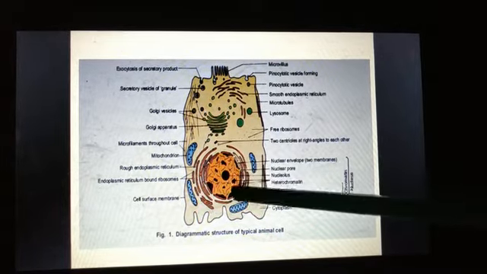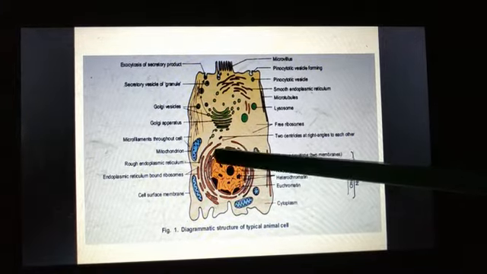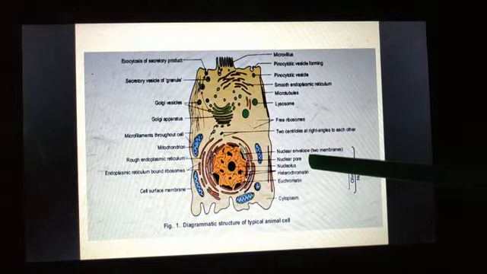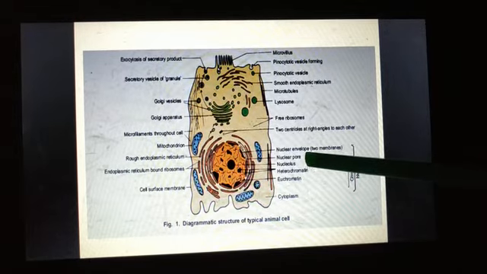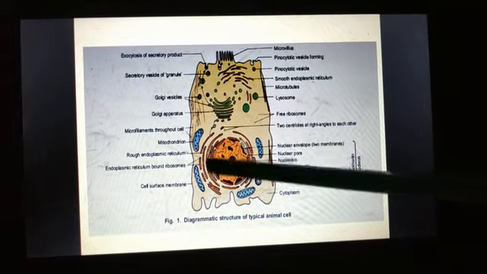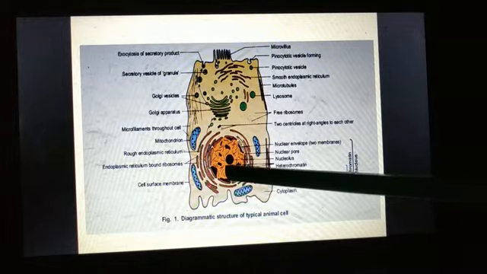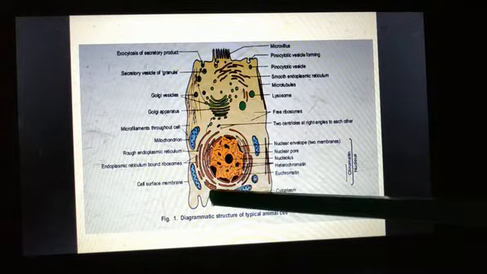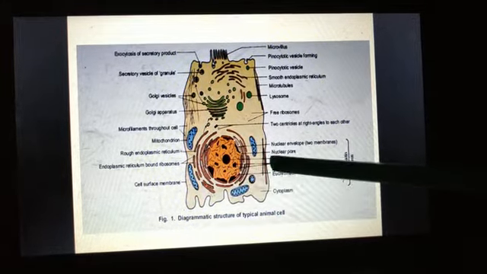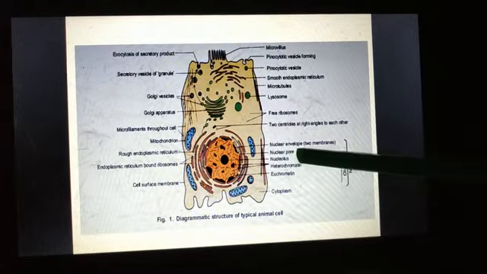This is our nucleus. The nucleus is bounded by a membrane called the nuclear membrane. The outside layer is called the nuclear membrane, or nuclear envelope, you can also call it. They have small pores in between them to regulate movement of substances in and out of the nucleus, from the nucleus to the cytoplasm. So for that reason they have nuclear pores. These small gaps in the membrane are called nuclear pores.